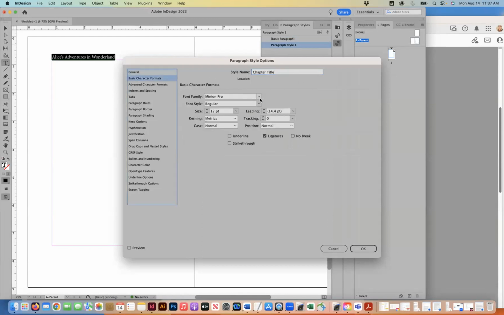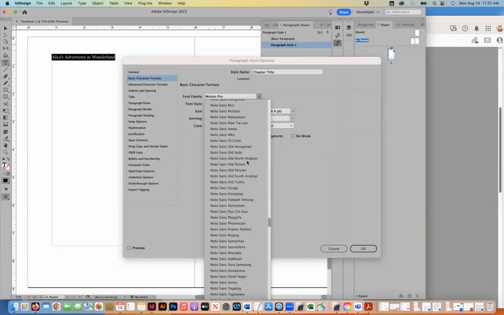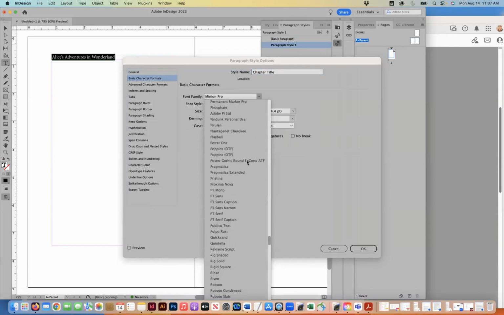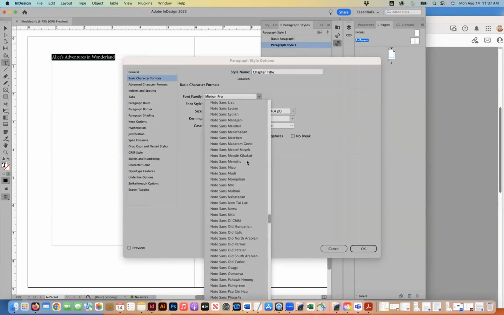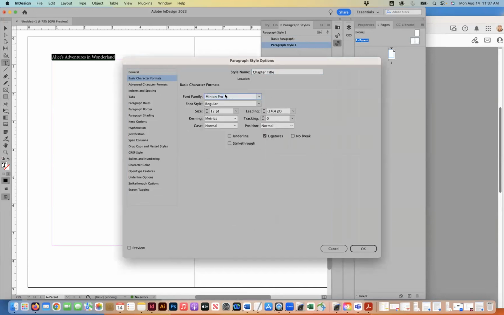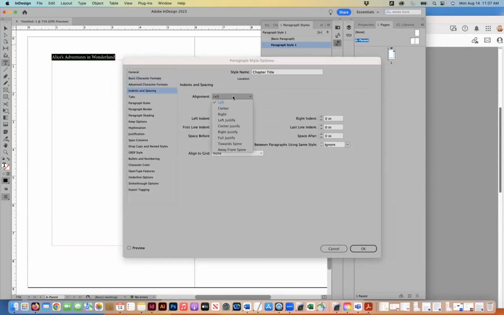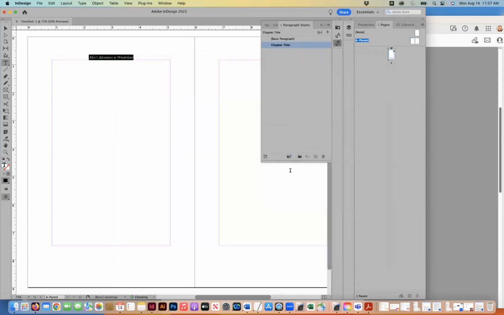And then that's when we're going to figure out what's a good serif to put this in. The serif typeface, which has the little footers on the bottom. I'm going to do Baskerville because I know that's a good one. It's very readable. Let's do 10-point type, and I'm going to do italic. I'm also going to choose center align under indents and spacing and click OK. And that's going to set it in my chapter title